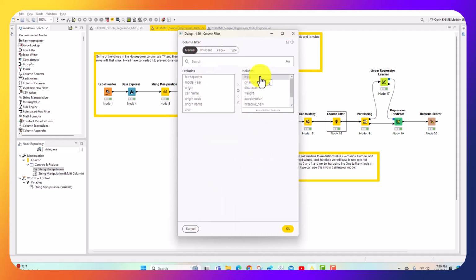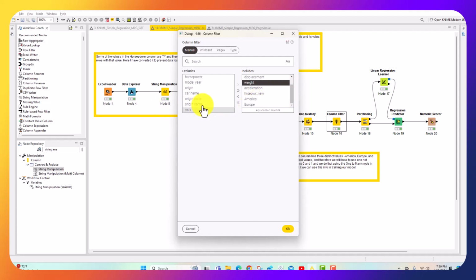So we need miles per gallon because we are doing supervised learning, and so we need information about our target variable. In this case, our target variable is the miles per gallon column. We're going to use cylinders because we're going to use this data for building our model. We're going to use displacement, weight, acceleration, the new horsepower column that we created, and America and Europe columns that we created. However, please note that we're going to get rid of this one column, Asia, because